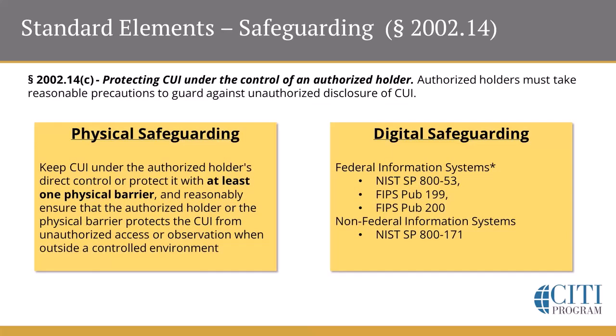The one that I think universities struggle with the most is the safeguarding controls, specifically the digital controls. The regulation states that protecting CUI under the control of an authorized user is that authorized users must take reasonable precautions to guard against unauthorized disclosures of CUI. When you're talking about a physical document, the physical safeguarding either requires the CUI be under the authorized holder's direct